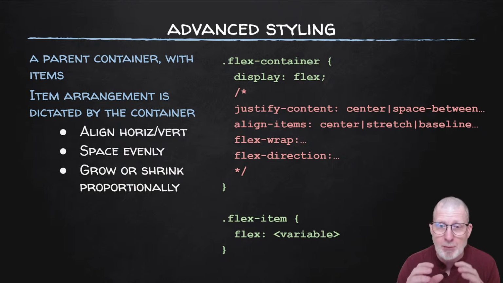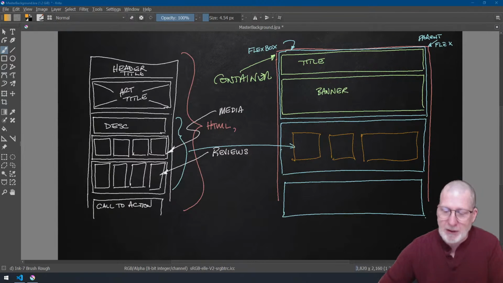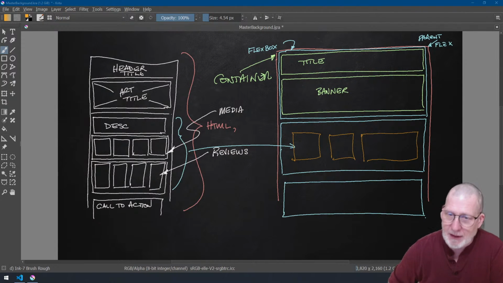Once we arrange the sub-containers, we can then take a look and drill down into any one of the sub-containers. And from those sub-containers, we can then determine whether that sub-container also needs to be a Flexbox. Going back to look at our diagram, we can see that one of these items,